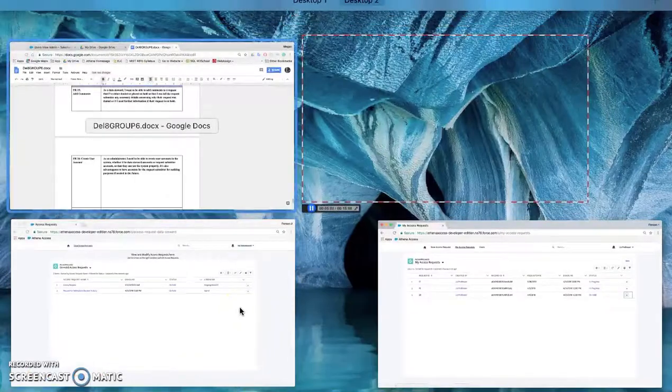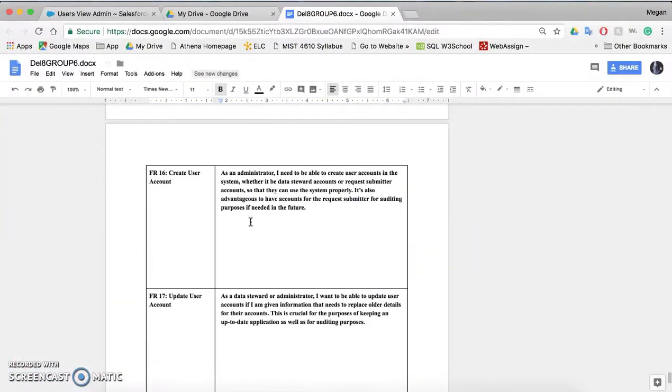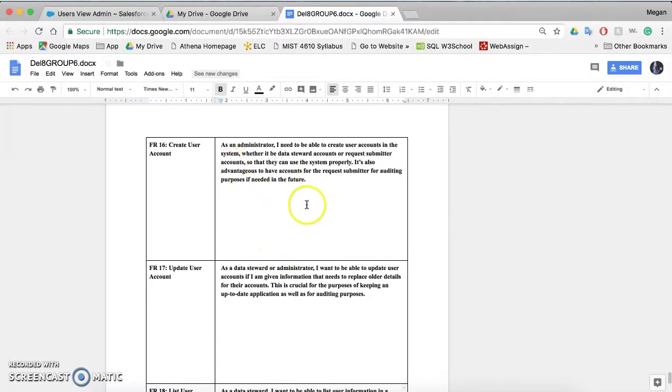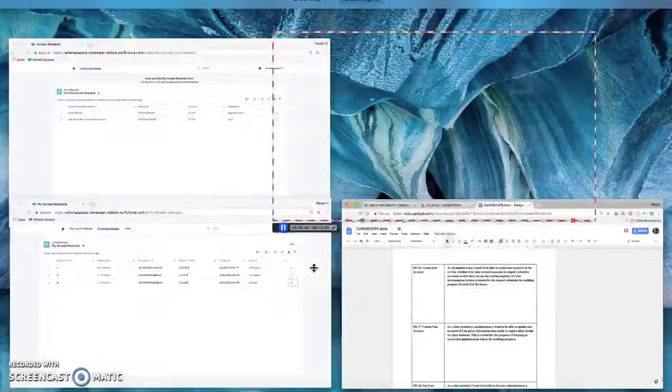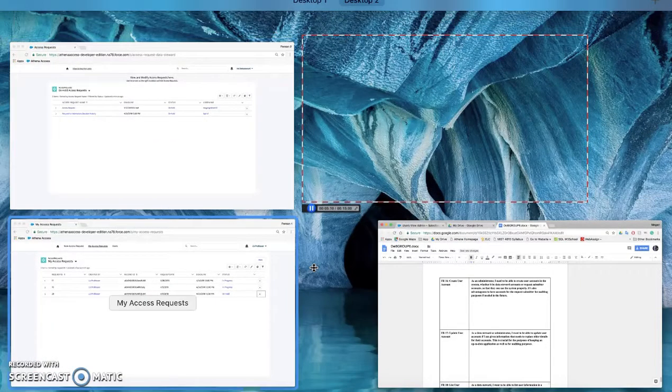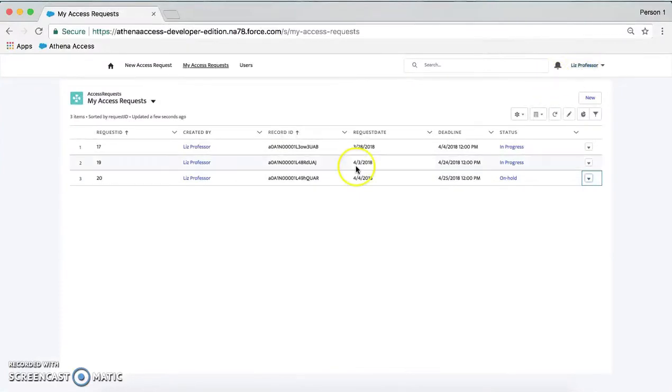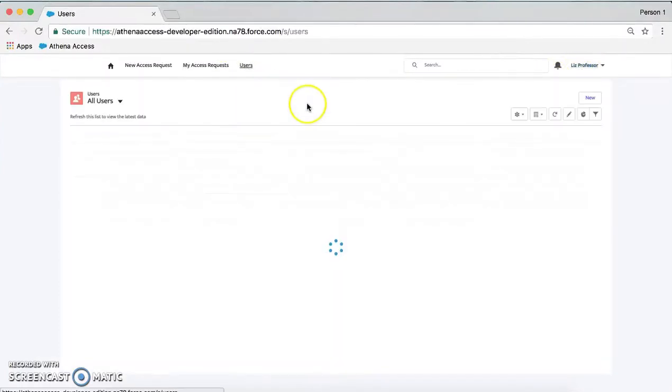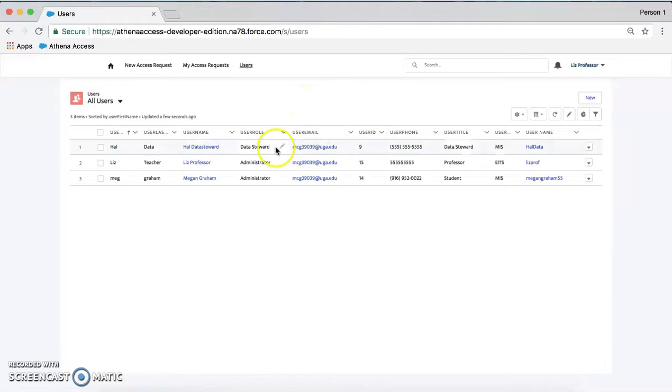Okay, the next functional requirement was creating a user account. As an administrator, I need to be able to create a user account in the system. So Liz is our administrator in this scenario. So in order for a user to first be made, we need to add it to the Salesforce system. So I've gone ahead and done that, and